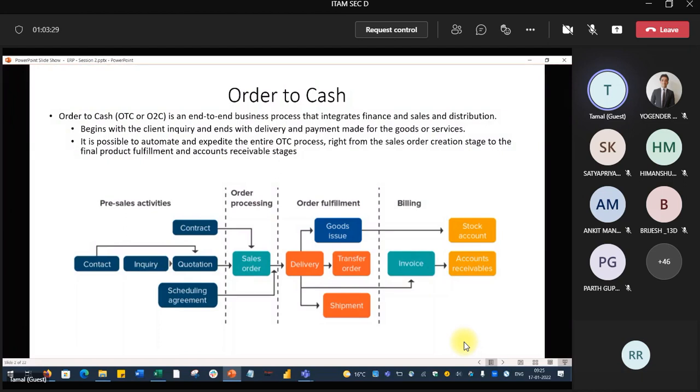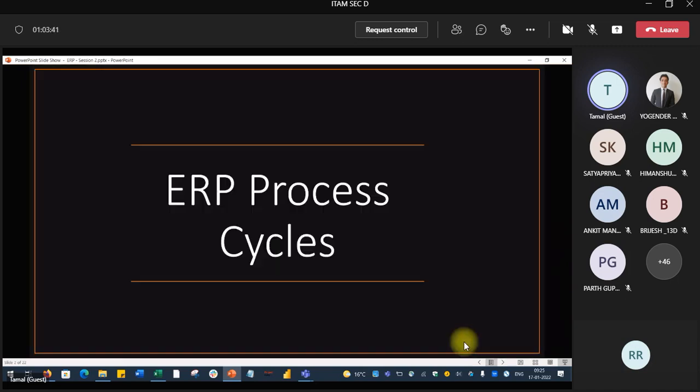Each and every company, or 99% of companies, will have this cycle, which is known as order to cash, OTC or O2C. You have to get the order to earn money.